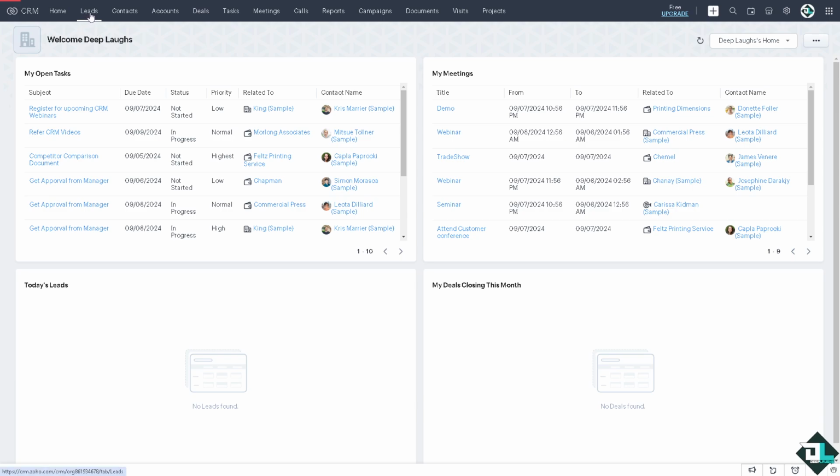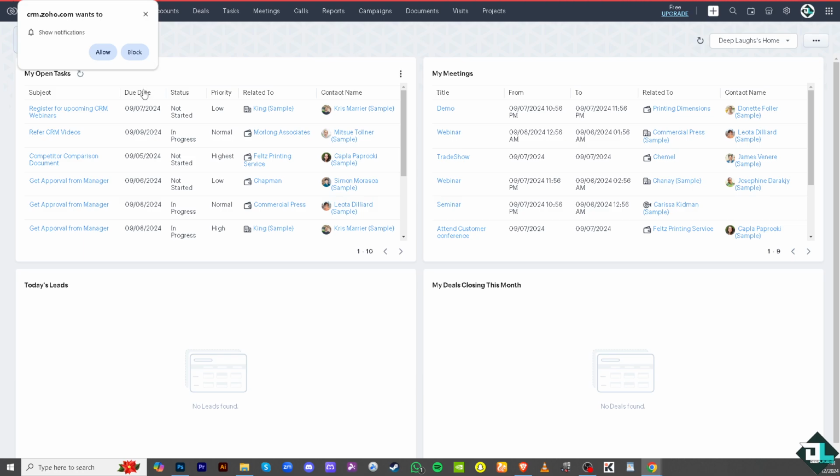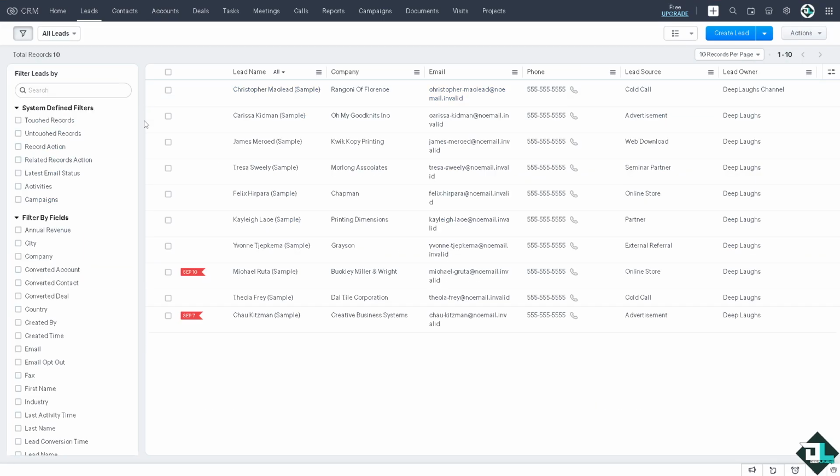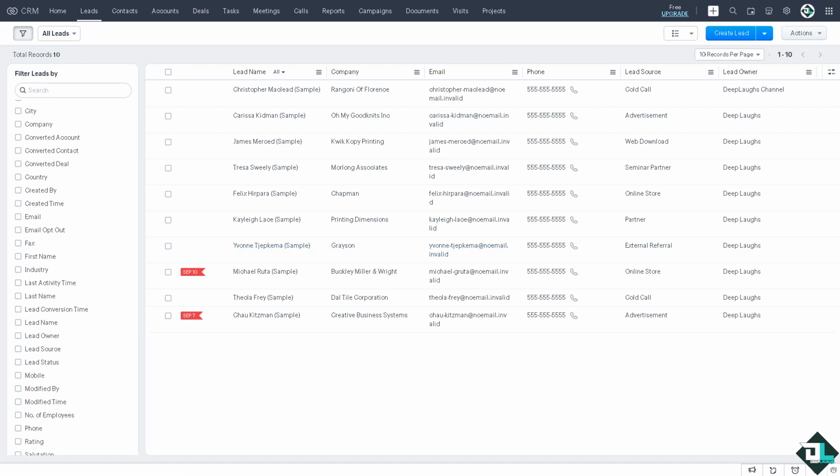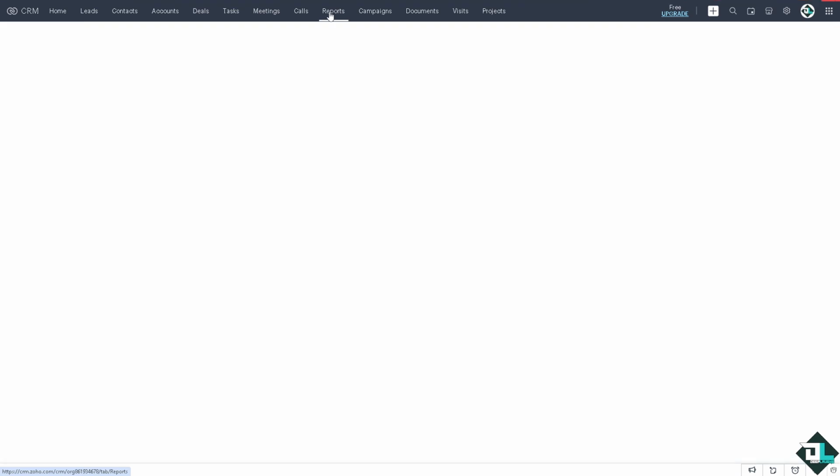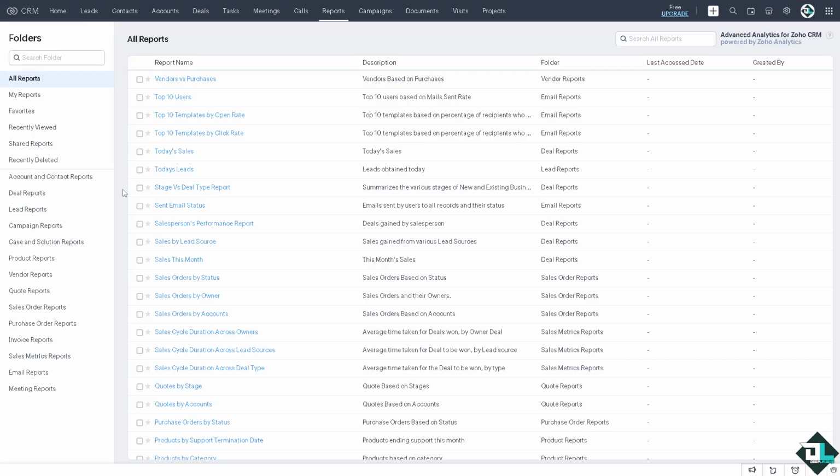You have the leads, wherein you can use lead management that has a centralized storage of information, including contact details right here, interaction history and preferences, and lead tracking from initial inquiry to conversion. All right. You also have the option for the reports, wherein you can generate a report depending on the filter or the purposes of the report that you want to generate. You can access the deals,